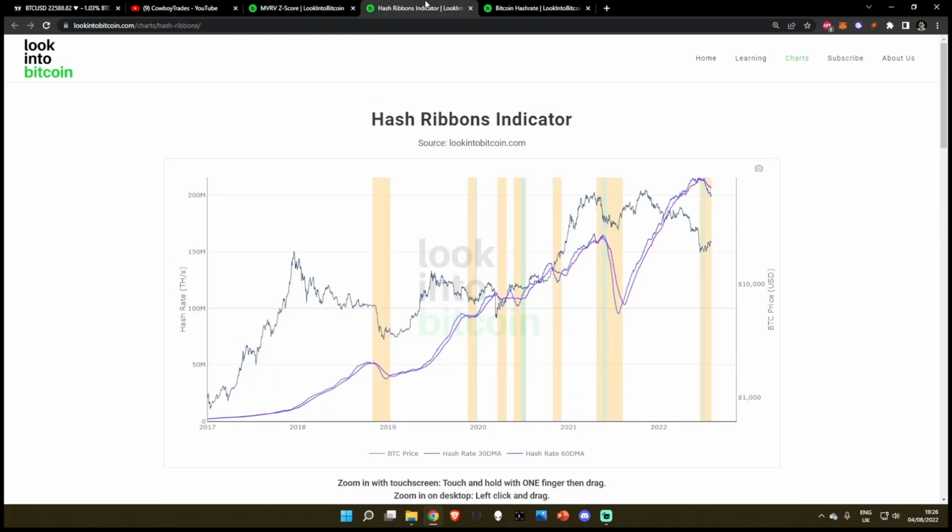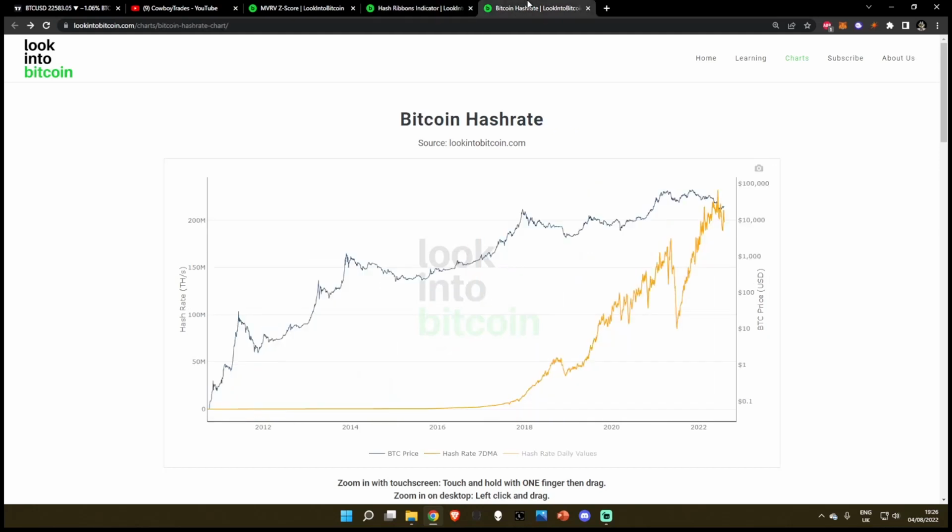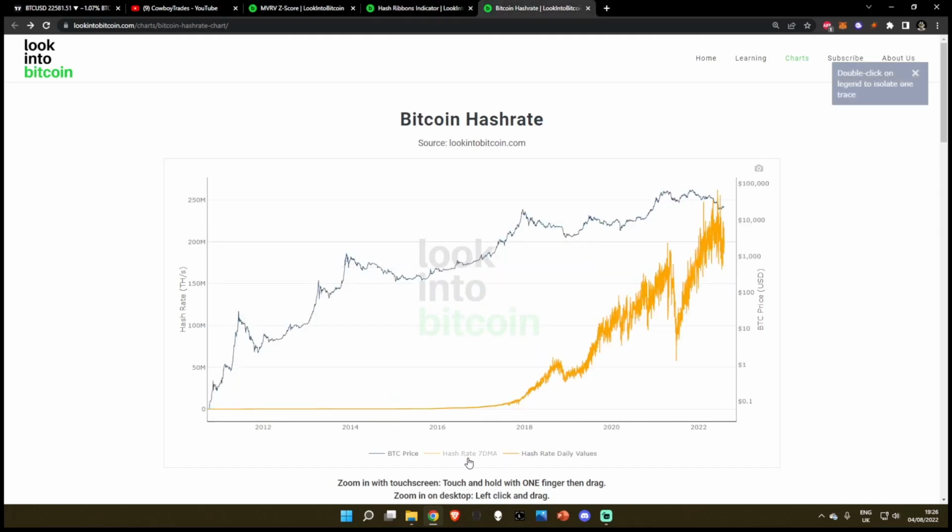We've looked at the Z-score. Let's look at the hash ribbons indicator. The hash ribbons indicator simply is two moving averages, being the 30-day moving average and the 60-day moving average. And these blue and red lines are simply moving averages of the Bitcoin hash rate using the hash rate raw